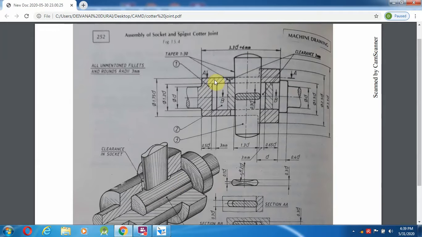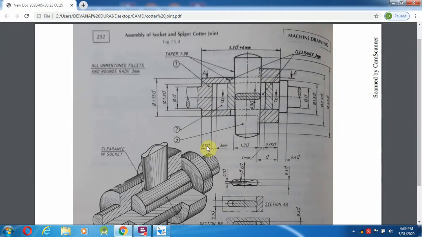So that is from here to here. So what is the length? From here to this will be 72 mm. So this 10 mm goes in here. Some clearance we are going to provide, that is 3 mm. So it is common for all types of socket and spigot joint.